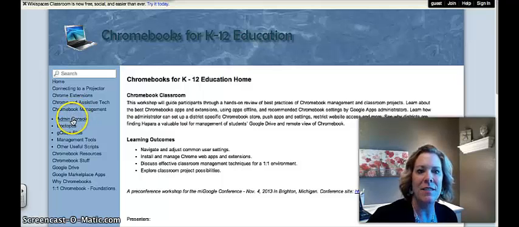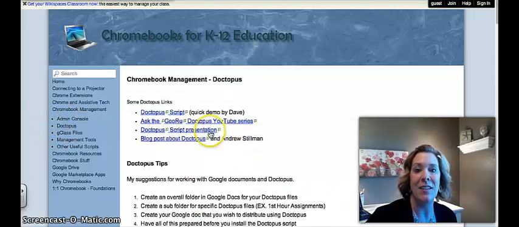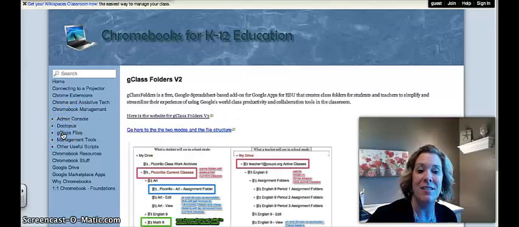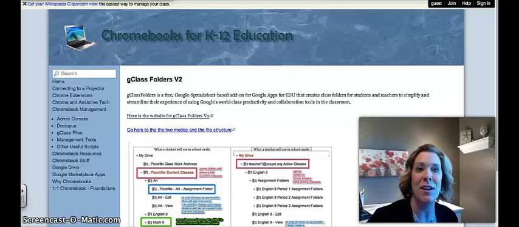So when you click on these different links, it's going to give you information on how to administer the Chromebooks. I think Doctopus is one of the most amazing tools for teachers to share out their resources using Chromebooks. G-Class Files lets teachers organize their class folders with their students within their Chromebooks. So there's a lot of great tools here, so this would be a great site for anybody who's deploying Chromebooks